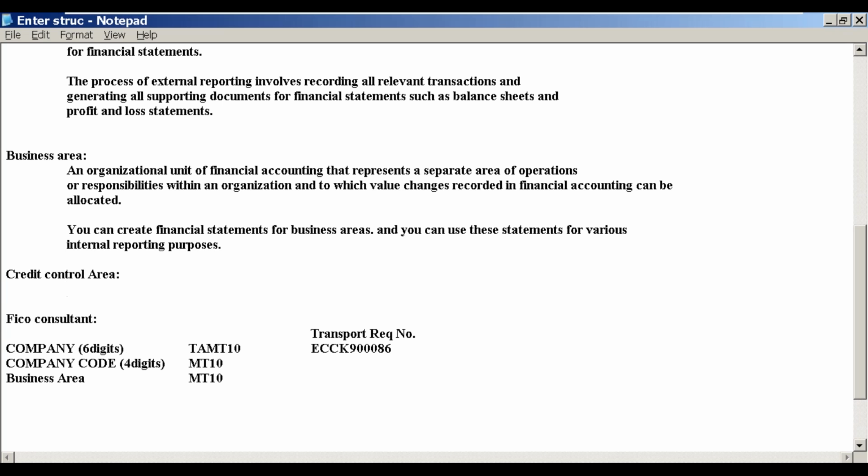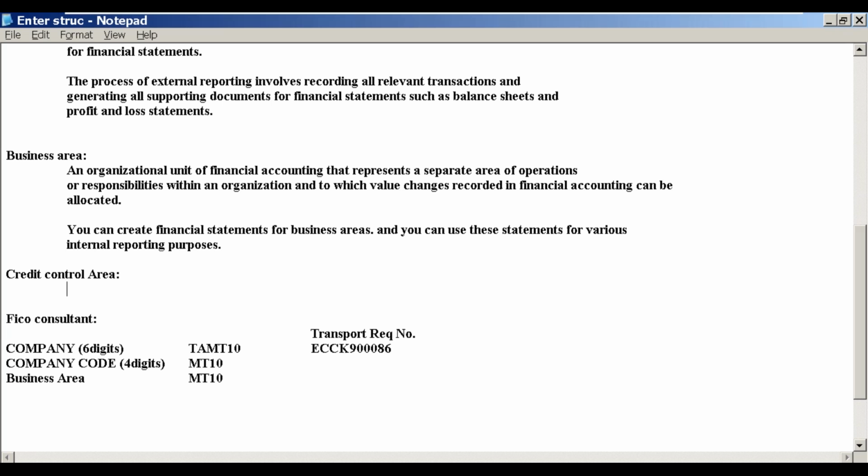So credit control area is an organizational entity, but it's not a unit. But when we go for business area, it's an organizational unit. Company code is an organizational unit, but credit control area is not an organizational unit. It is an organizational entity. Why? Because it grants and monitors the credit limit for customers. If I have customers in our company, I want to restrict the credit limits. Otherwise, as they pay, the company is going to keep on increasing the credit limit for its own customers. So in that way, credit